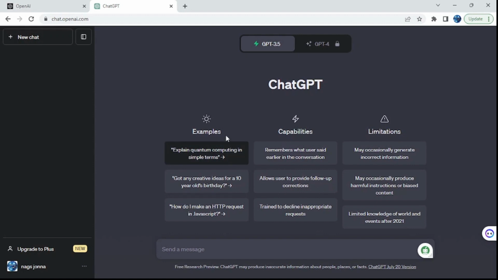And these are a few examples. A system is providing, for instance, "Got any creative ideas for a 10-year-old's birthday?" As soon as you click on here, it will be prompted here. This is the prompt text box where you can see. So after that, you can,